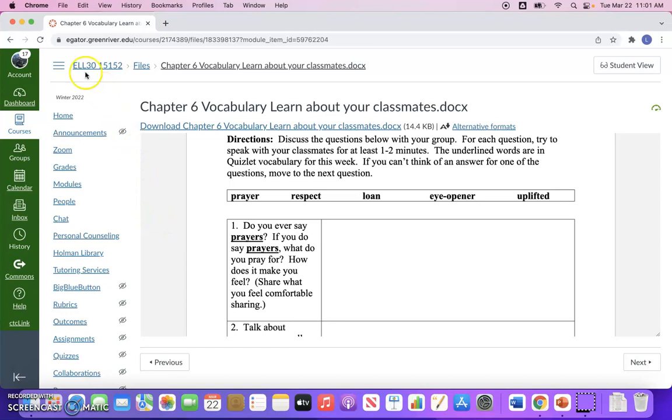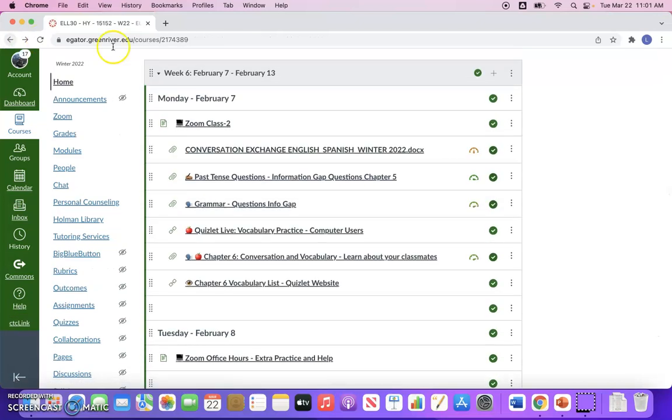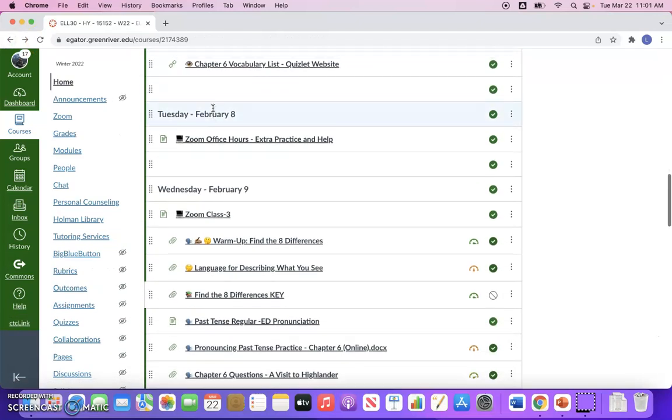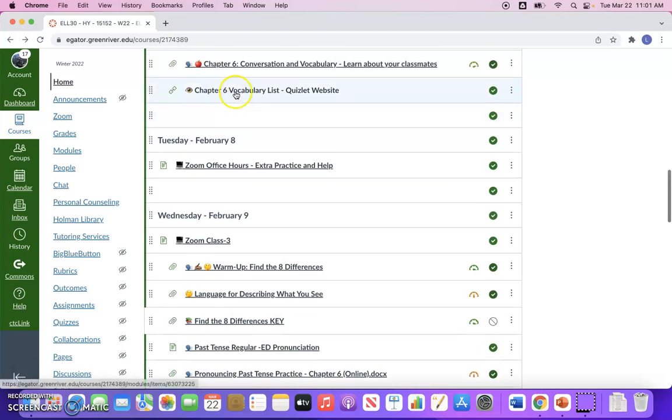So we'll have to go back to the main Canvas page for the class, and down here the second thing we would use is this website. So this is the vocabulary list for the week, and it has all the words and the definitions.